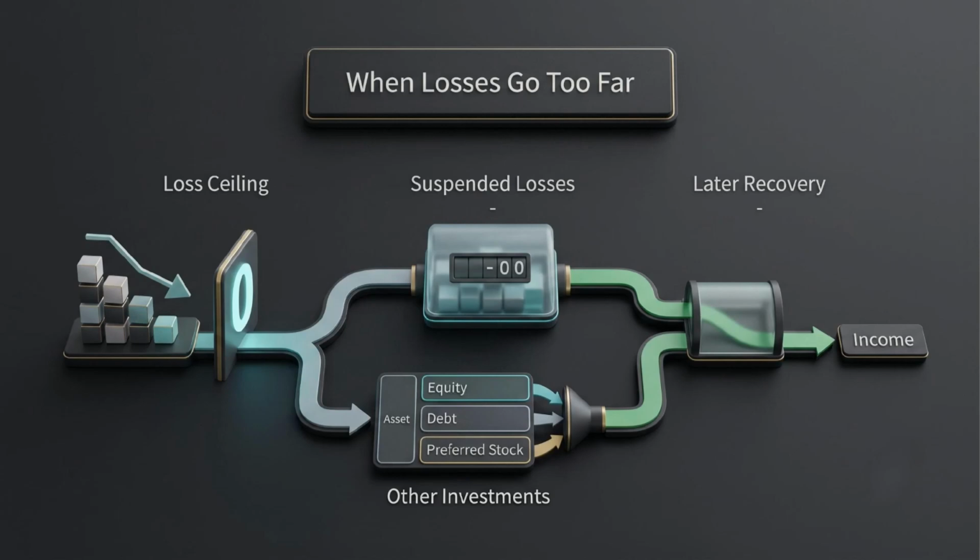Today we are entering one of the most important safety zones in ASC 323. What happens when the investee keeps losing money? In earlier videos, income increased the investment account and dividends reduced it. But losses can push the investment account all the way down to zero. The big question is, do we keep recording losses after that?